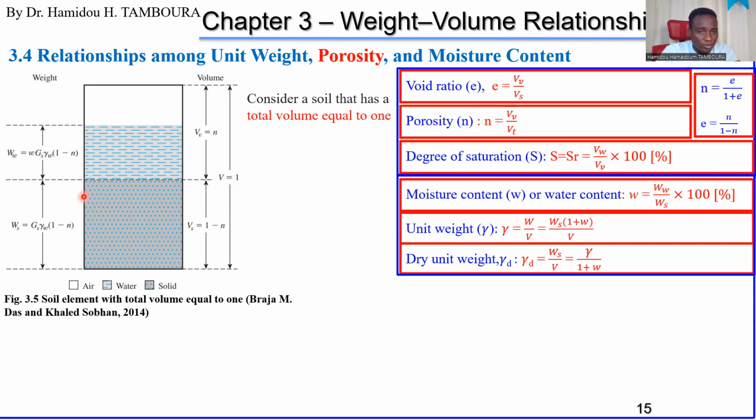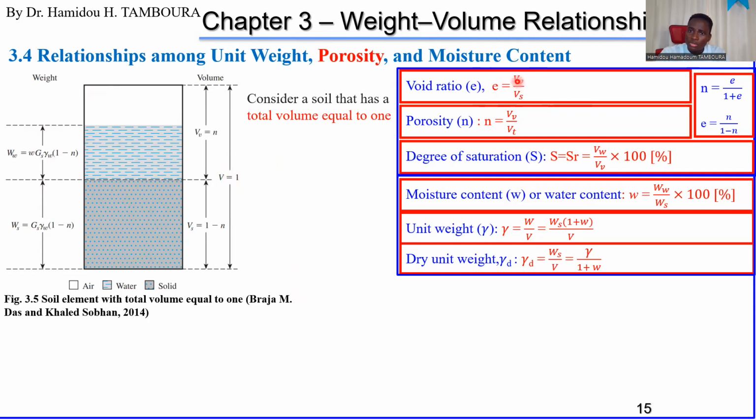But it will be the same. There is no big difference. Just remember that the big difficulty is how to establish this. Once you have this, you just follow the definitions and you can establish new relationships between weight and volume. Okay, so if V is 1, if you come here, you will see